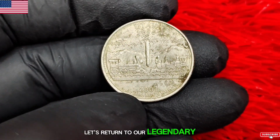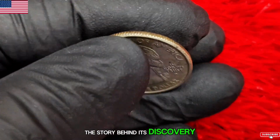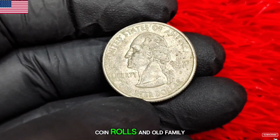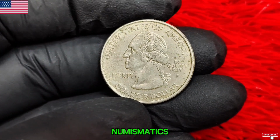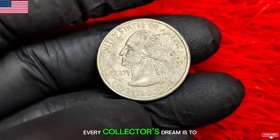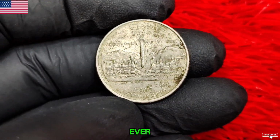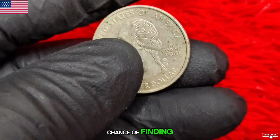Let's return to our legendary Utah quarter for one final secret. The story behind its discovery inspired a wave of new collectors across the country. Thousands began checking their pocket change, coin rolls, and old family boxes that had been untouched for years. This is the magic of numismatics. It's a community driven by curiosity. Every collector's dream is to find that one hidden gem that changes everything, and with coins like this, the dream feels closer than ever. And now the most important part: how can you maximize your chance of finding or identifying